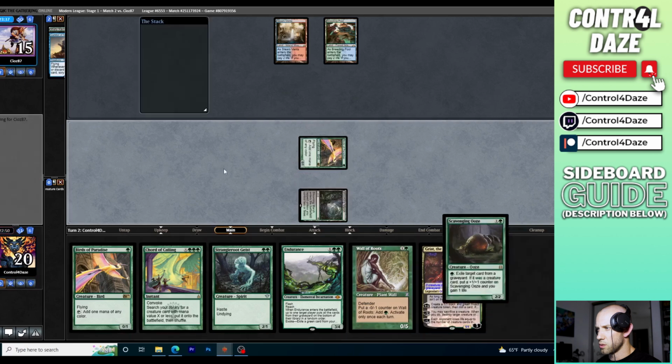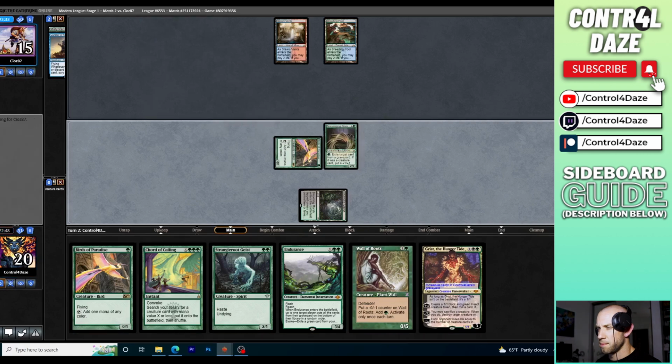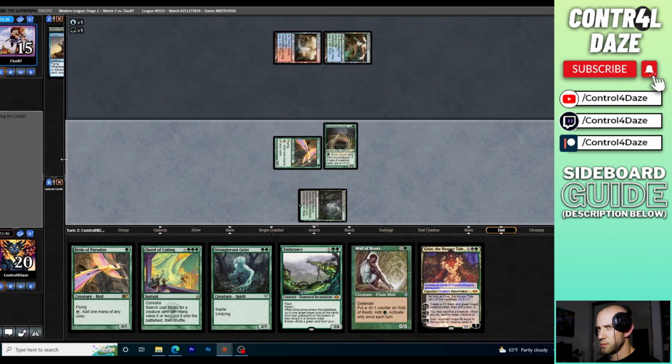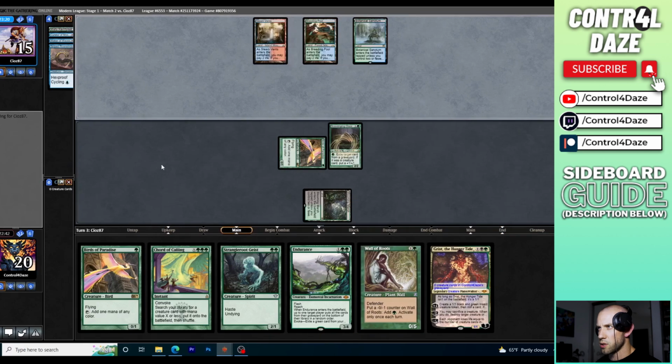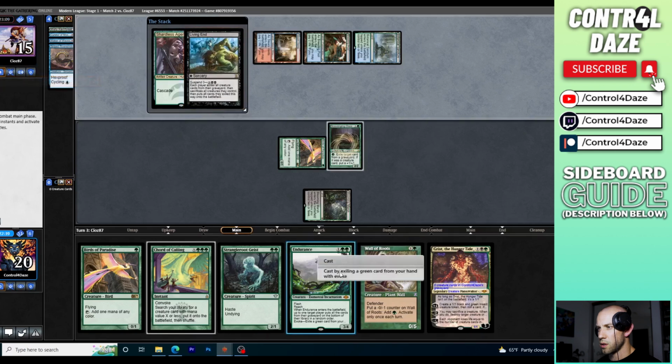I think we're just gonna go Ooze and just pass the turn. We're gonna kind of force the issue here a little bit. So I can't imagine they allow us to untap here with an Ooze in play, so I think there's probably going to be a Shardless Agent coming down. There it is. Okay, and we are going to